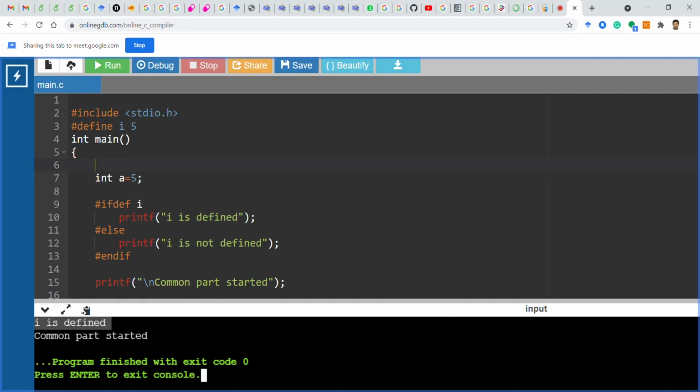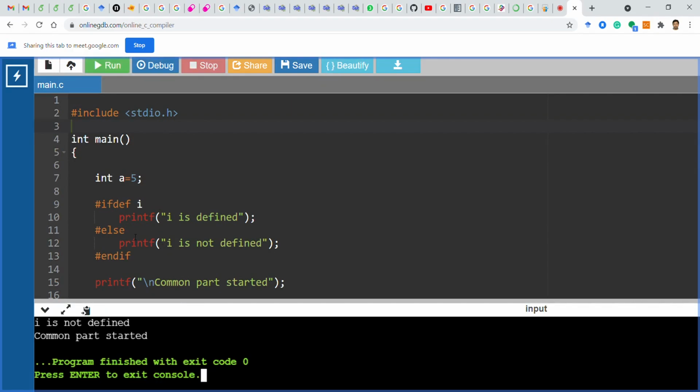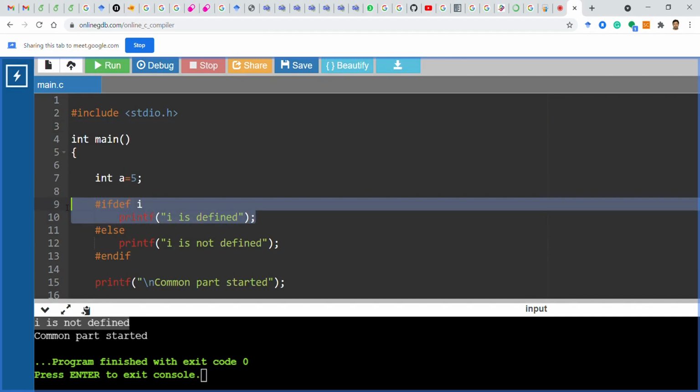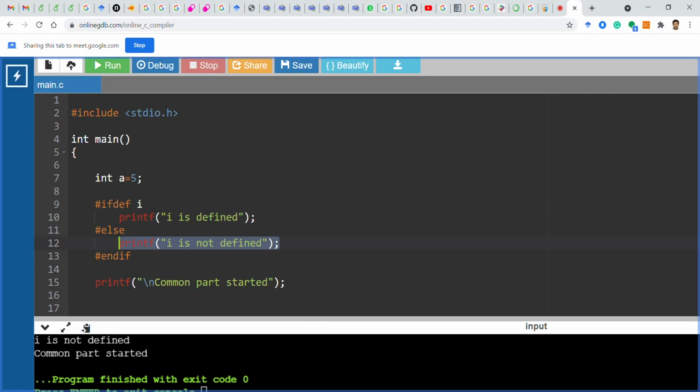If you just comment out this line, so assume that this line is not present, you have not yet defined I. So naturally you will see your result will become the opposite. That is, in this situation you see this line, it's printing "I is not defined". That means since you have not defined I, this line vanished in the intermediate code. That's why this line is not present in the output. Rather, this line is present because it is in the else part, and obviously the common part will be there. So this is an example by which you can realize how conditional compilation works.